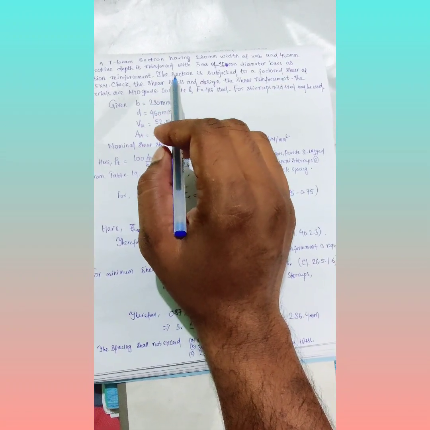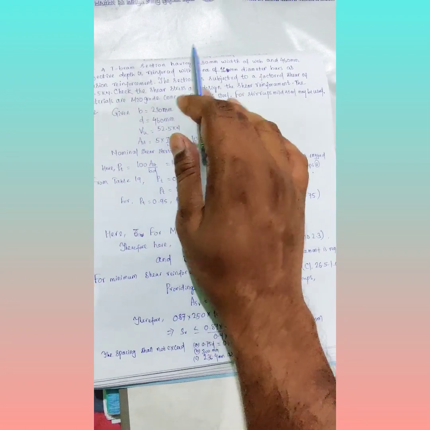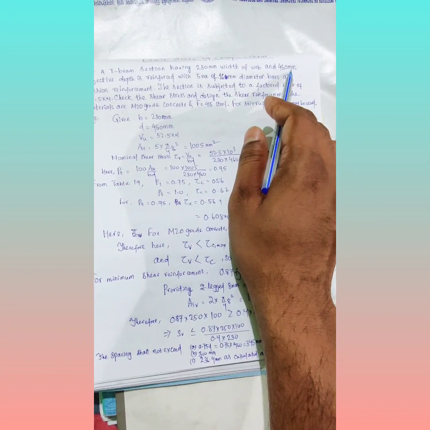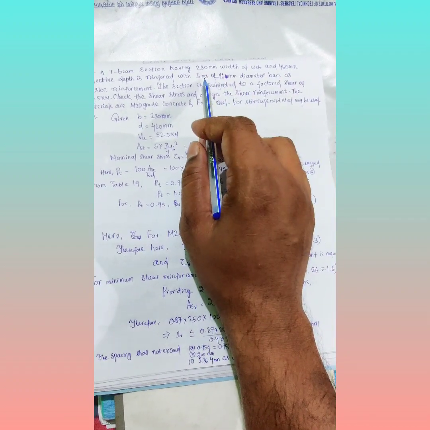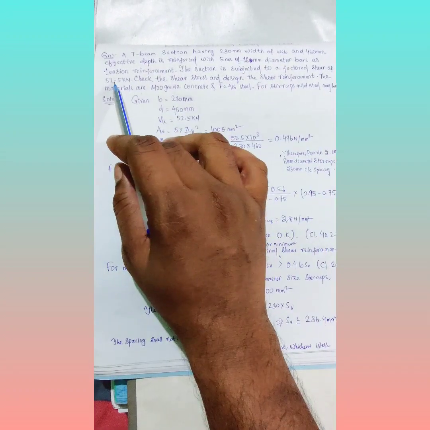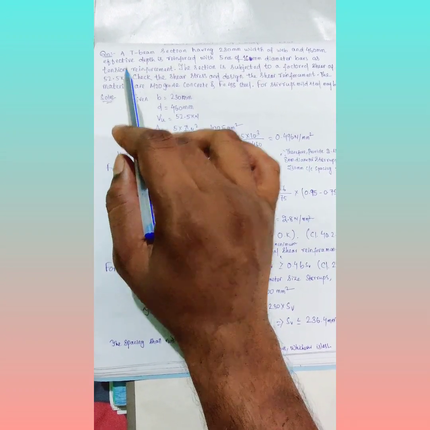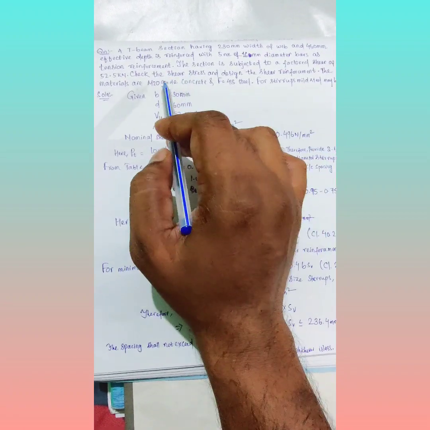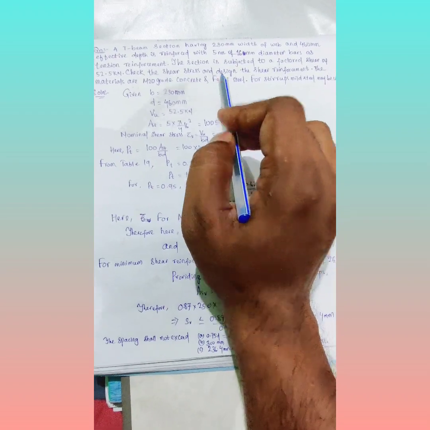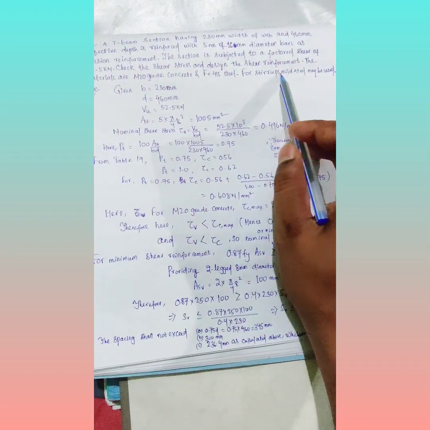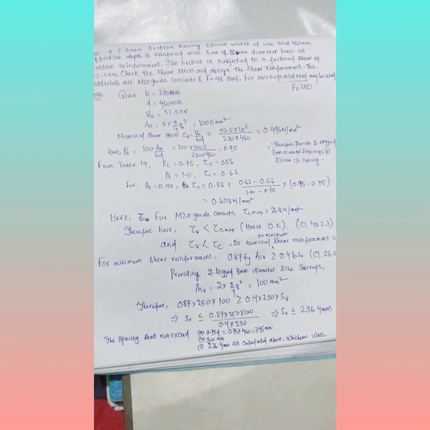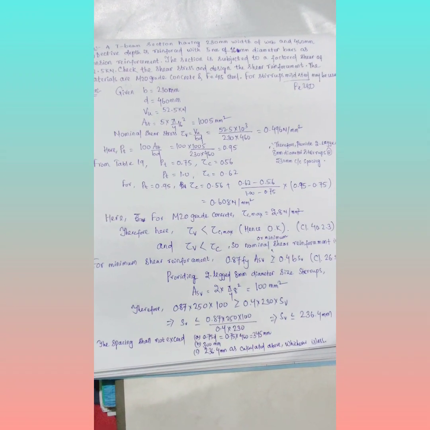So in this particular question, you have to design the shear reinforcement for a T-beam whose width of web is equal to 230 mm and effective depth is equal to 460 mm. It is reinforced with 5 numbers of 16 mm diameter bars as tension reinforcement. The factored shear acting on the beam is equal to 52.5 kN. Okay, grade of concrete is M20 and grade of steel used is Fe415. But for stirrups, mild steel will be used. That is the grade of Fe250 steel will be used for mild steel for stirrup design.